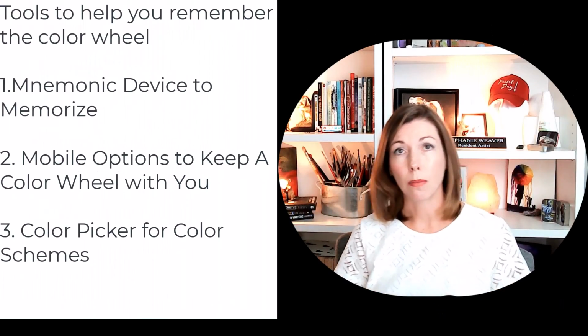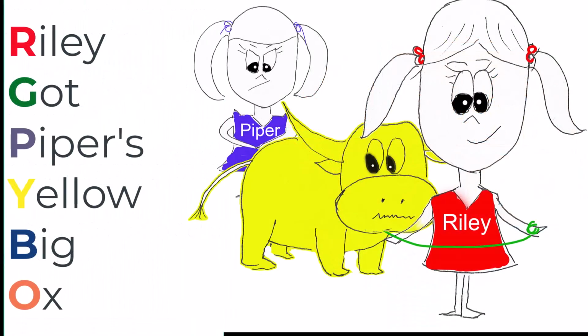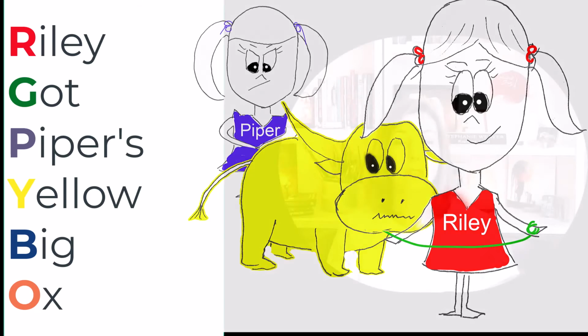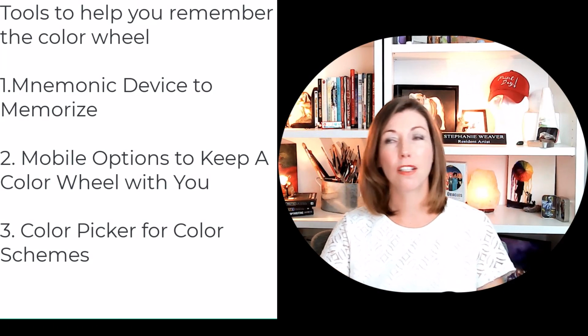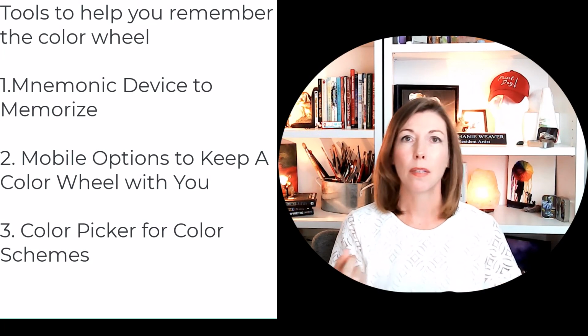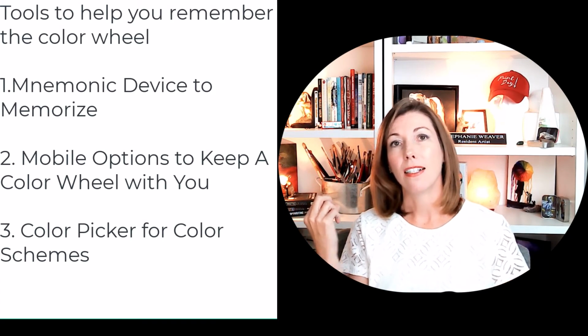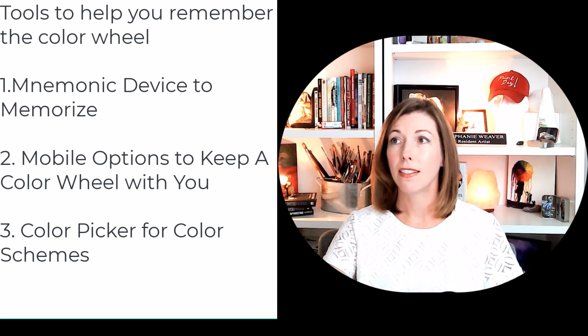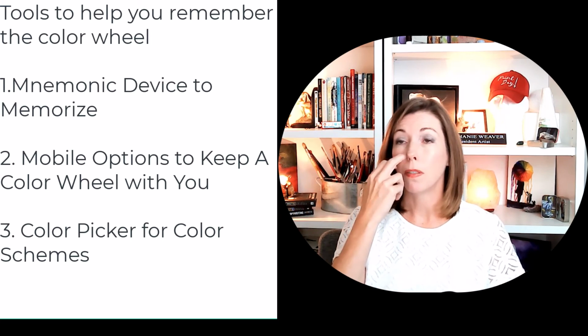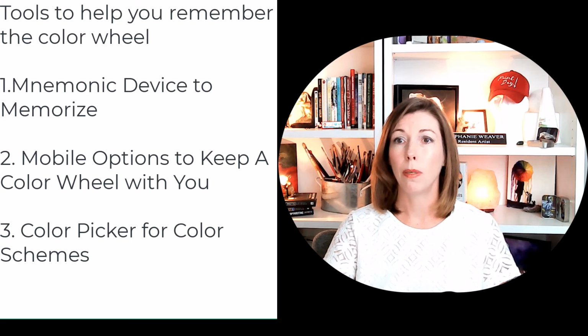work well together. Just sort of a recap and some final thoughts. Number one, the mnemonic device. Riley got Piper's yellow big ox. So again, that's Riley got Piper's yellow big ox. And then the mobile options, you know, take a picture and put it on your screen. The other one is check out Etsy, and I'll include some links of some of these really cute little lapel pins or keychain